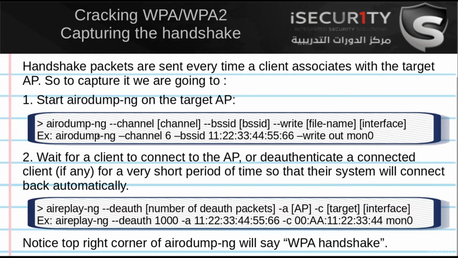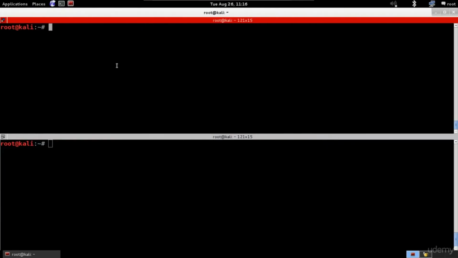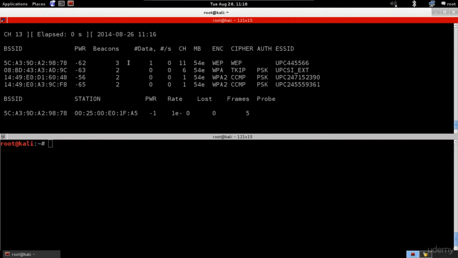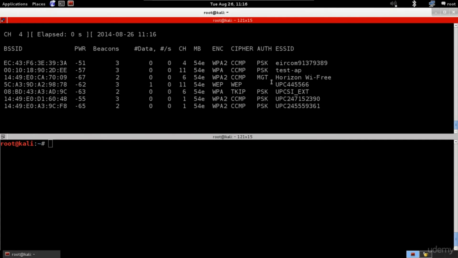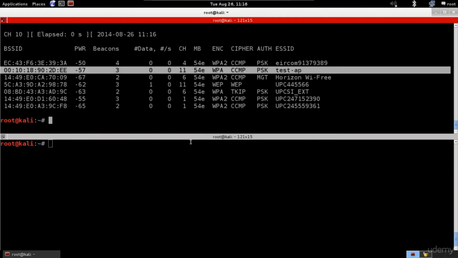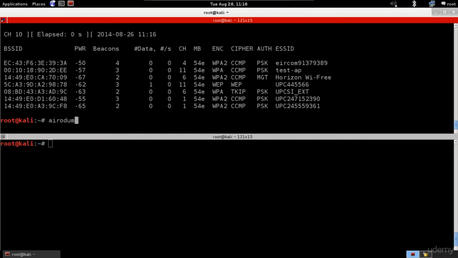So to crack a WPA key, the first thing we're gonna need is to capture the handshake. We're gonna capture the handshake using Airodump-ng, the same way that we used to use it with WEP encrypted networks. So we're gonna run Airodump. I'm just gonna run it on everything now to get the information about my target network. And this is my target. So it's airodump-ng